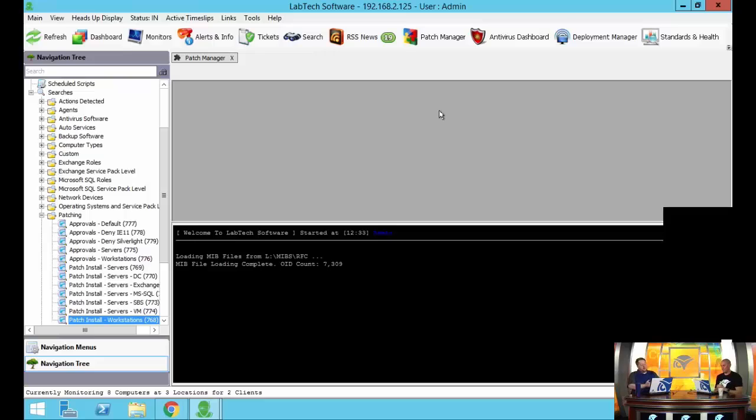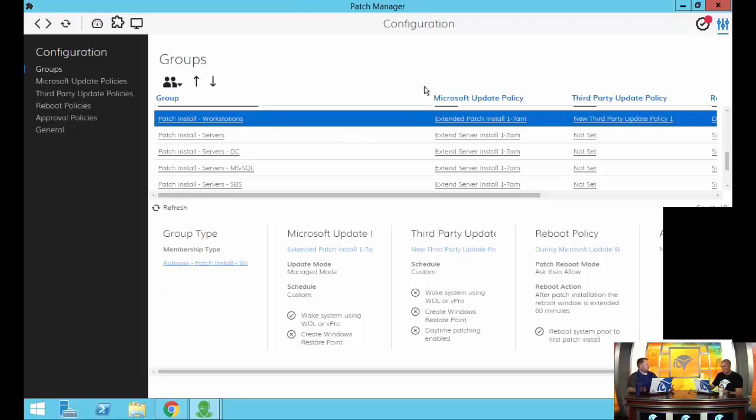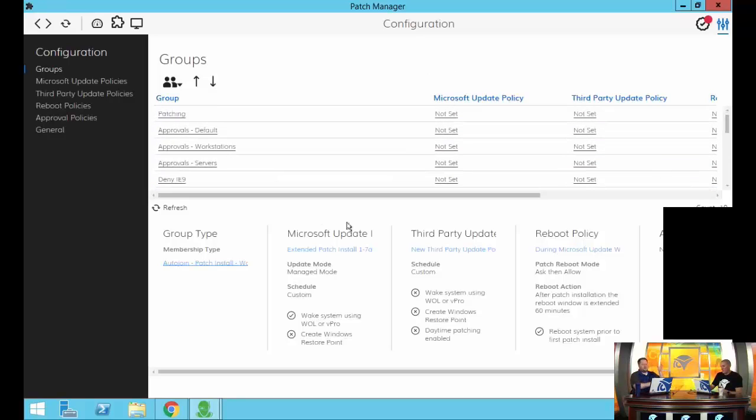Here's an interesting one. I really haven't had this one come up before, but basically it goes against what we've been telling people about how to use our structure in a group. They want to know, why can't they apply the require routine approval for more than one group? Like routine approvals for maybe workstations and then some for servers, which is kind of going against the grain on how we have them shaping the groups, where you have this one default where you pretty much just put a